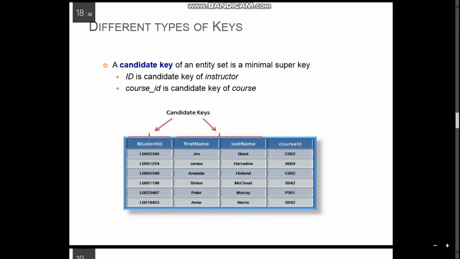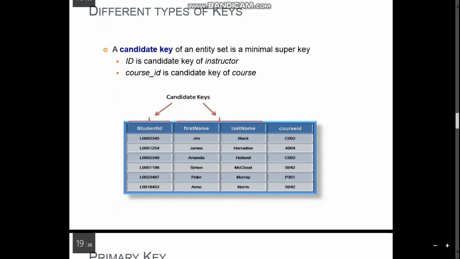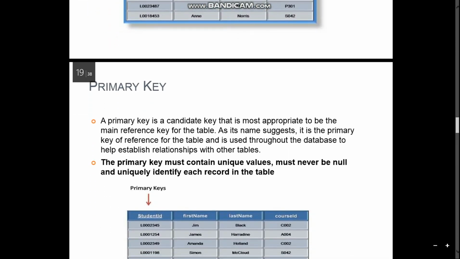डिफरेंट टाइप्स ऑफ कीज़. जब आप ER डायग्राम कंस्ट्रक्ट करेंगे तो आपको डिफरेंट टाइप्स ऑफ कीज़ का भी पता होना चाहिए कि कौन सी की किस पर्पस के लिए यूज़ होती है. कैंडिडेट की क्या है? द कैंडिडेट की ऑफ एन एंटिटी सेट इज अ मिनिमल सुपर की. Here course ID is a candidate key for course, and instructor ID is a candidate key for instructor. Primary